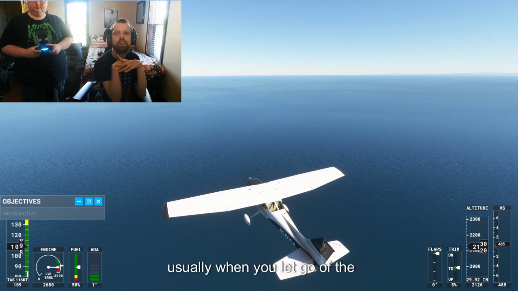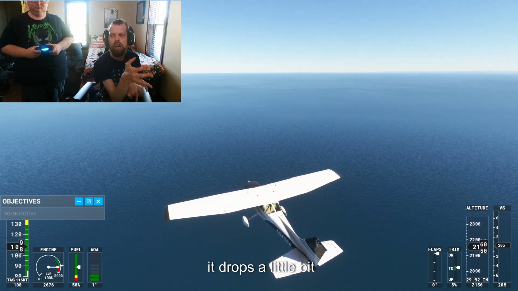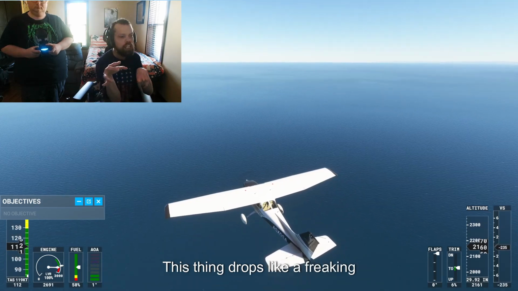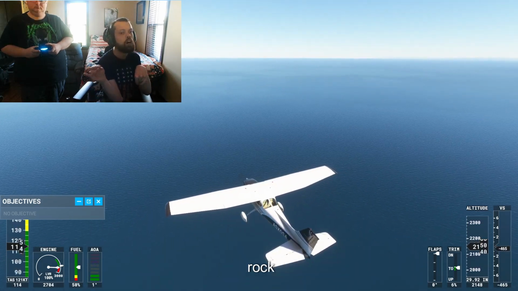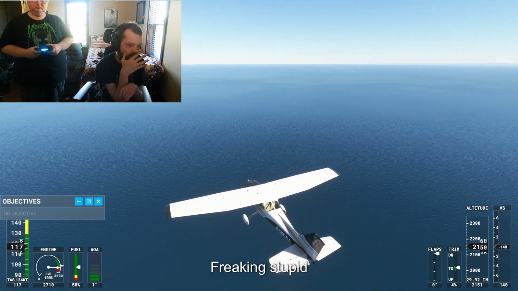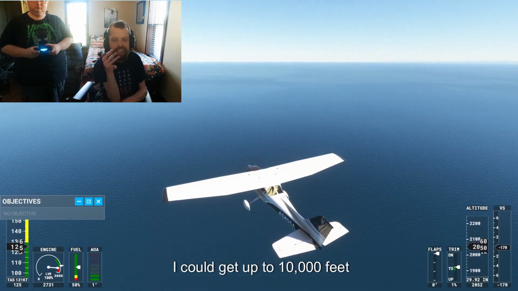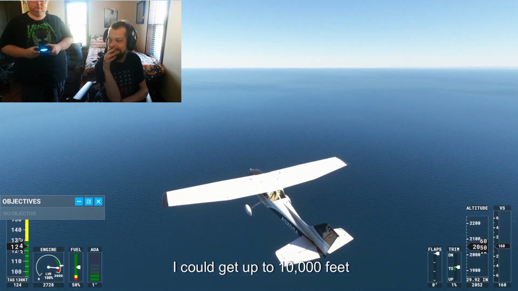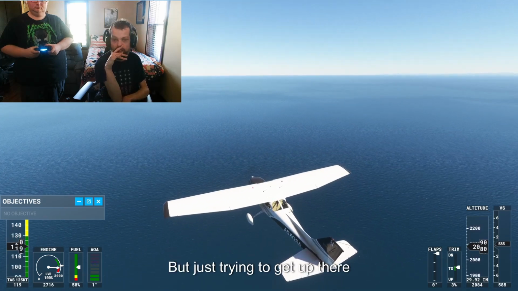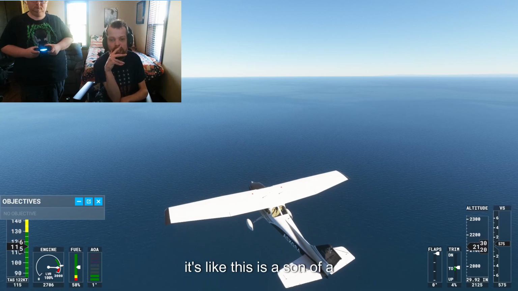I mean, usually when you let go of the gas and you stop pulling up, it drops a little bit, but it doesn't drop like this. This thing drops like a freaking rock. It wouldn't be so bad if I could actually get up to 10,000 feet, then it wouldn't matter so much if it dropped a little bit, but just trying to get up there is